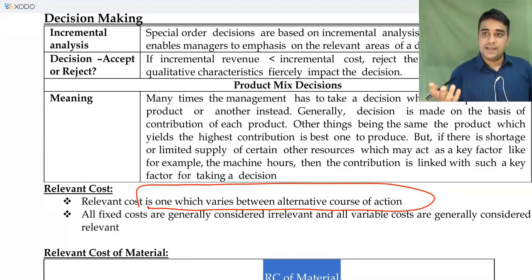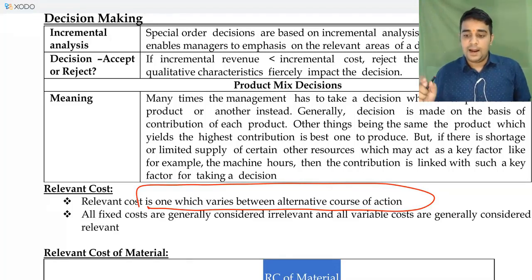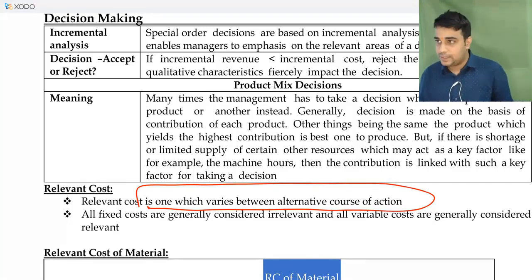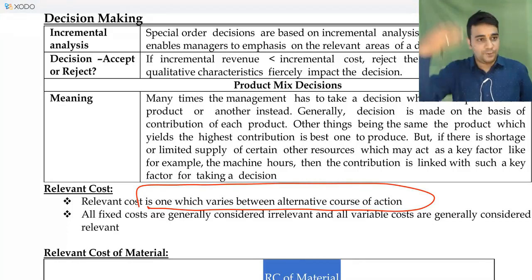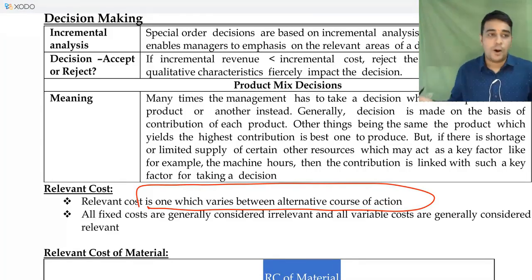Unless there was an agreement saying that I'll buy the movie ticket, and if I'm not able to come for the movie, I'll return the ticket and I will not pay you. If at all some provision like that was there, then I may not sell the ticket for 40 rupees, because there the relevant cost will be the entire 250, because I can get back my 250 from that theatre owner itself. I can give the ticket and get the money back. So if at all that option was there.